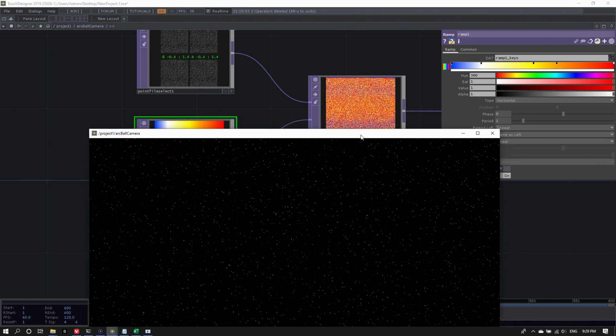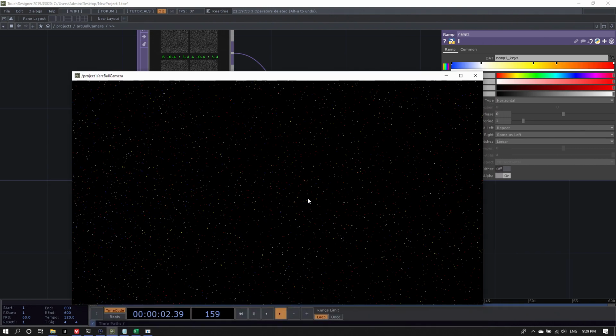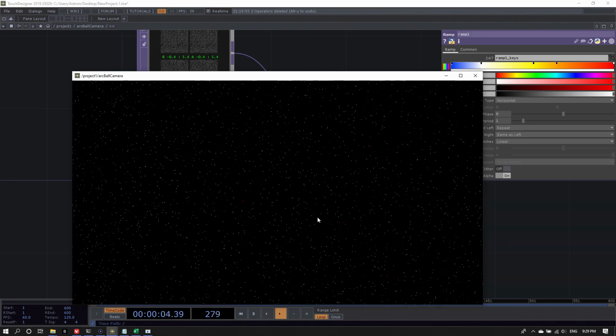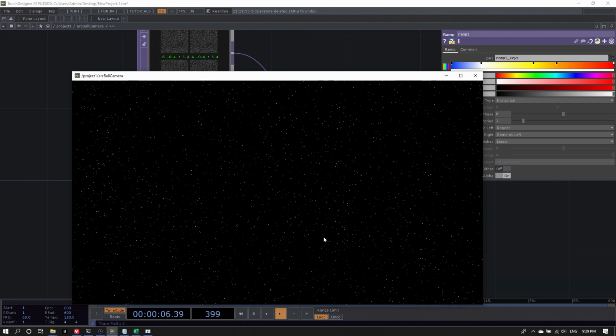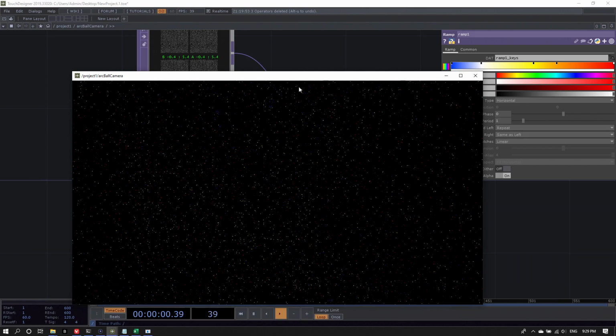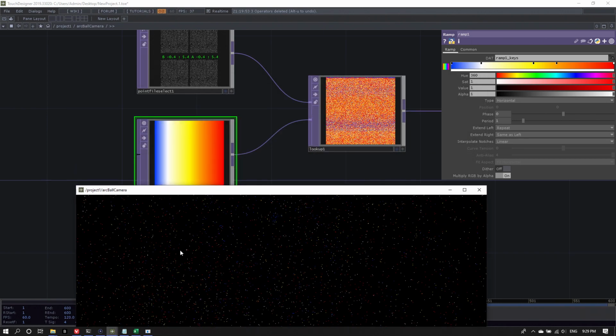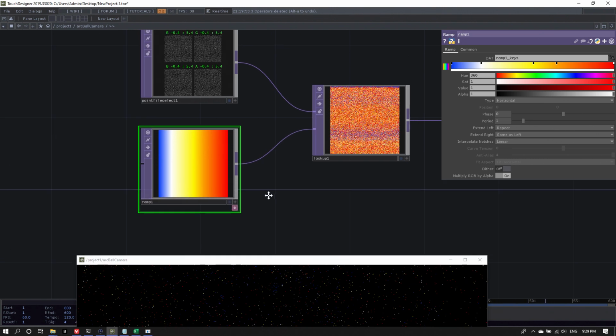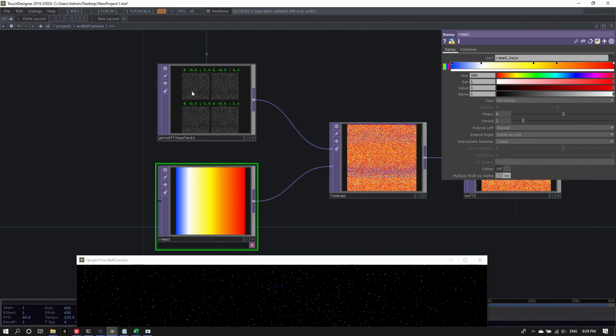Okay. And now you can see I'm actually creating a fairly nice colored point file. The weird thing though is that a lot of these stars are yellow and blue, red, yellow, and blue. It's not much white here.